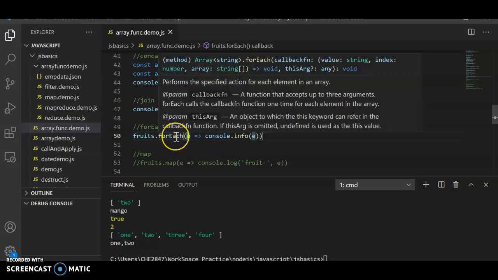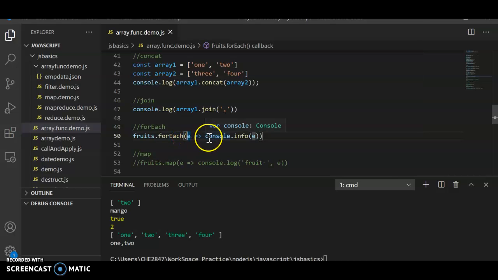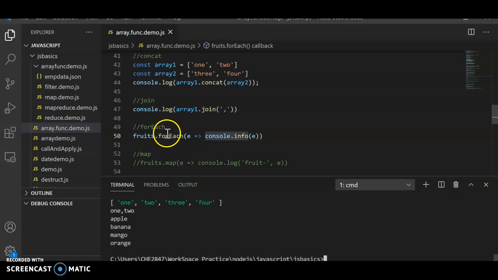So basically forEach performs the specified action on each of these elements. Here I'm printing the element on every element. Let's print this one. It's printing all the fruits like we had in the previous section. It's just going to each element and printing. And this is the ES6 arrow syntax.